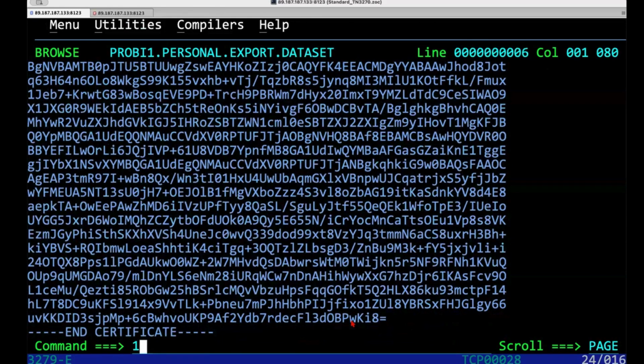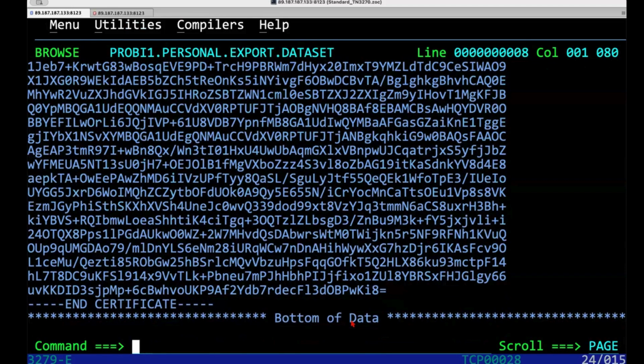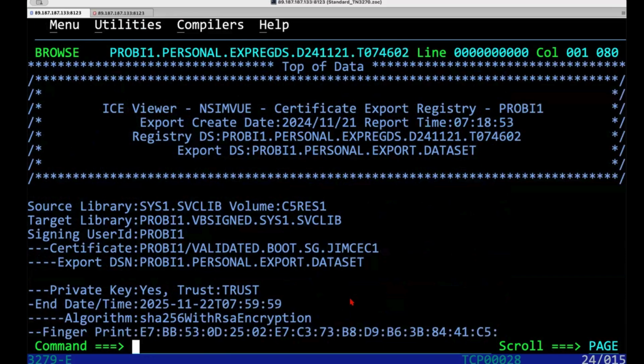All of its gory coded content. When we hit PF3, it'll give us exactly what that looks like. So instead of, it's an option here now if you want to do this, instead of just exporting that certificate and allowing it to be imported on its own, you could accompany it with this particular data set as well,